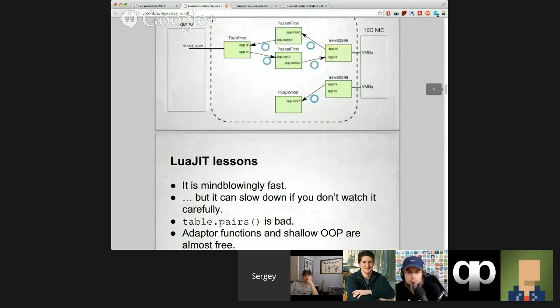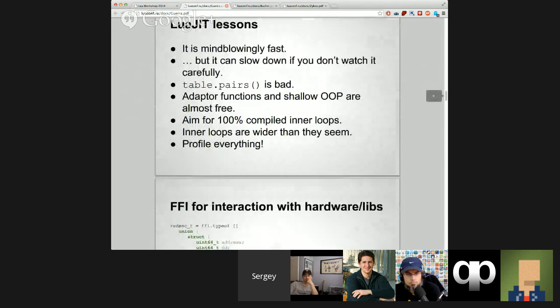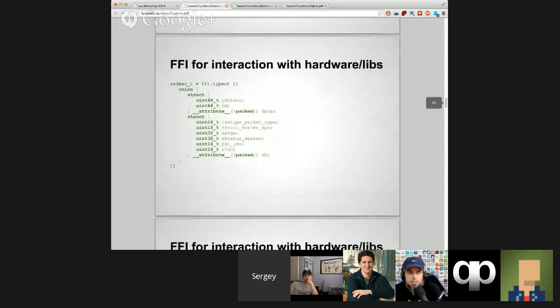So they have a C part of the driver that directly talks to the network interface, but it only makes this dock. All the algorithms, all the decisions are made by Lua. It's kind of cool. Yeah, I went back to the slides for that